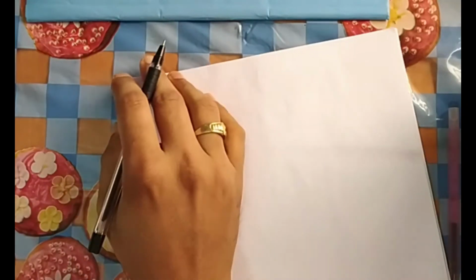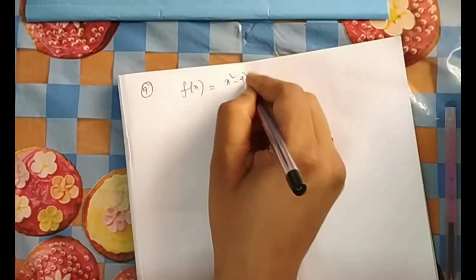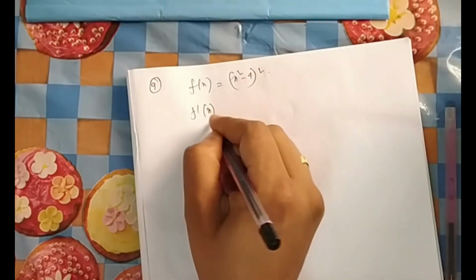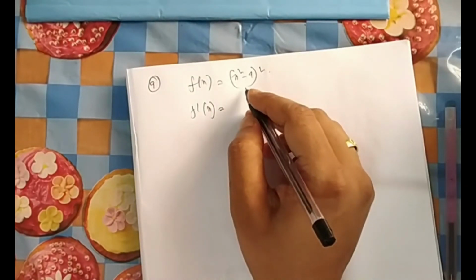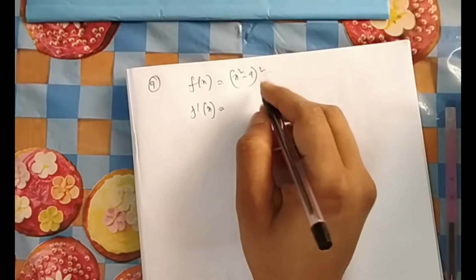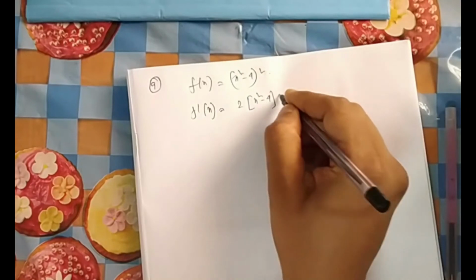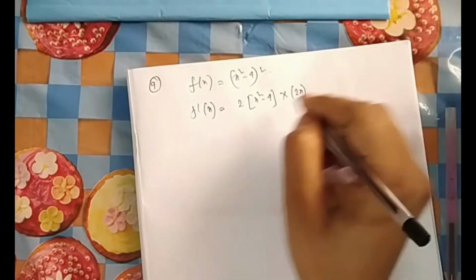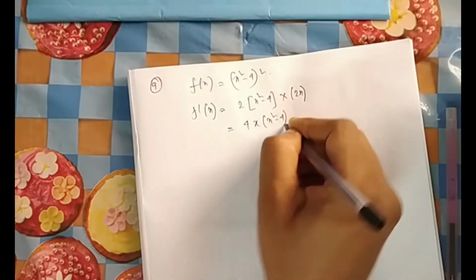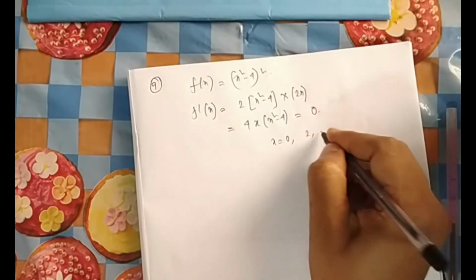Number 9. Consider the function f(x) equal to (x square minus 4) whole square. We have to find how many maxima and minima it has. So for maxima and minima, what we do, you always differentiate it. I have explained it in lecture 4 I guess, while solving maxima minima, so you can check it out there. So if you differentiate it, chain rule, 2 (x square minus 4), then x square you will do 2x. So ultimately it is 4x (x square minus 4), which you will make 0. So it will give you 3 answers, x equal to 0, 2 and minus 2.